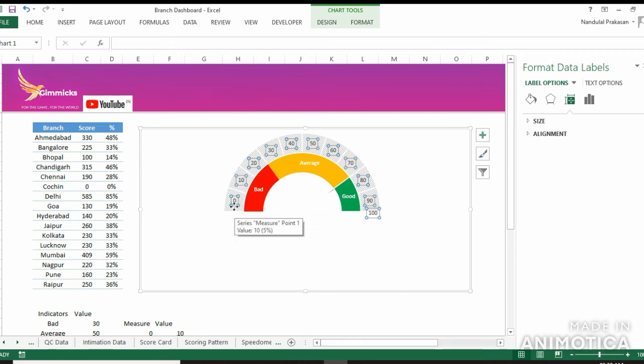So I'll drag this 0 to here and I'll drag 100 to its exact position where it should be, 100 here. And 10 has to be on this line because it is where it is 10. So numbers are in the middle of each segment, so I have to drag them to their position.